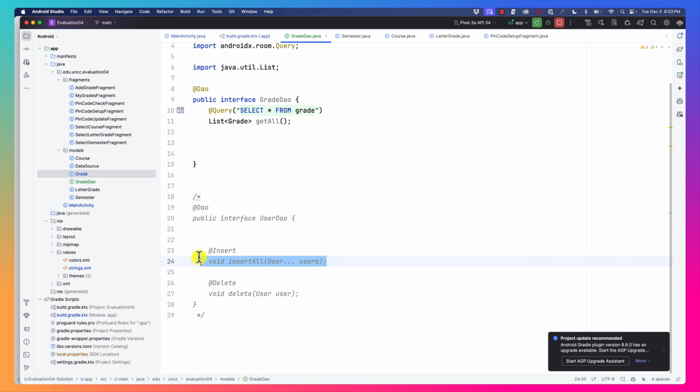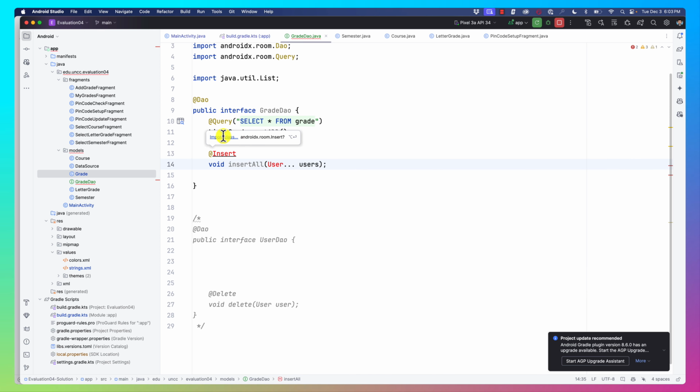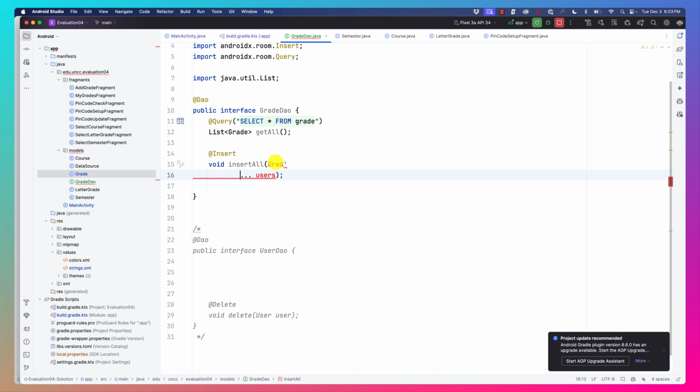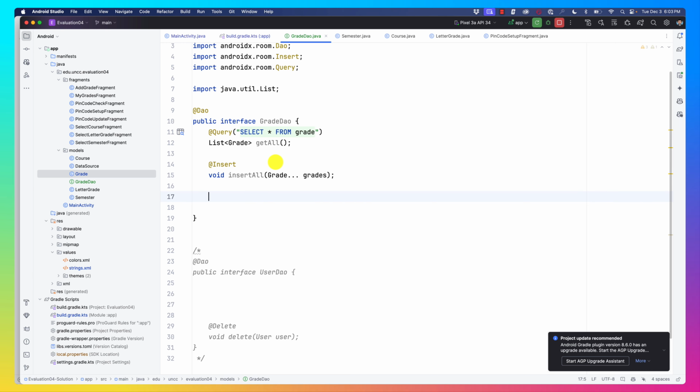I need to insert. Here's the insert all. Is the insert all, import, and this is going to be called grade, and I'm going to call this grades. All right, so here are,